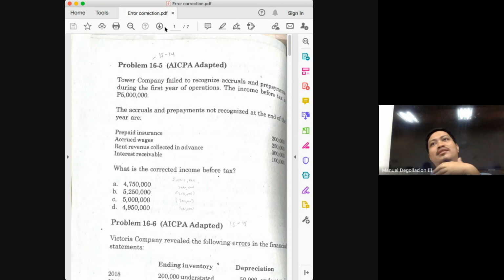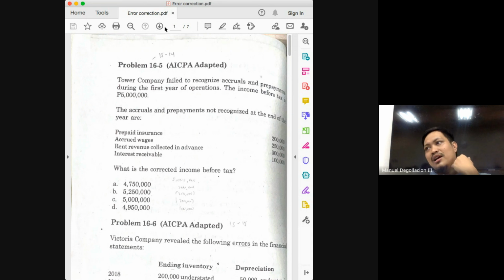some would say there's something you can memorize in order for you to know what to do, class. But at our level, because I want us to understand basically what's happening, so long as you know what should be done, so long as you can spot the error, then you should be able to reverse the error, class, or correct the error. So as we solve the problem, I'll try to tell you what's going on behind so that you would have an understanding, so that you will not just merely rely on memorization, class.